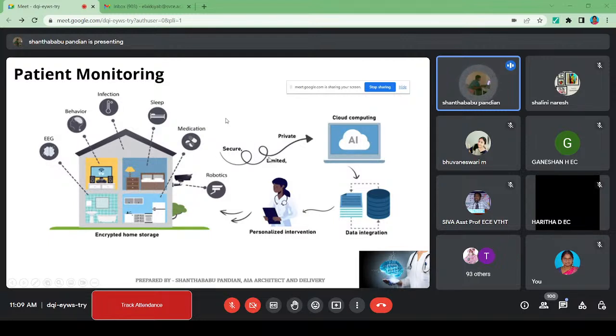So all the information is transmitted to the cloud and then stored in a database. So the data will be analyzed over there, and a separate personalized instruction is sent back to the patient's home for the critical situation and giving the treatment, or else through the mobile app or devices. So we can give the instruction to the patient, saying that somebody is taking care of the patient, and give the suggestion for immediate attention. No need to take that patient into the hospital and give the treatment at all.